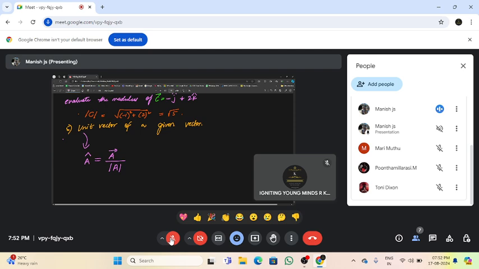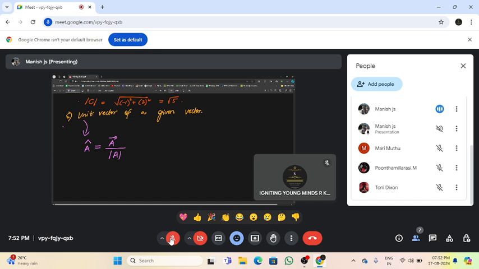So by using this relation, you can find out the unit vector of any given vector. This is the simplest way of evaluating the unit vector. You can try it for different types of questions. I'll give you some questions. First one, try to find the unit vector of vector A,